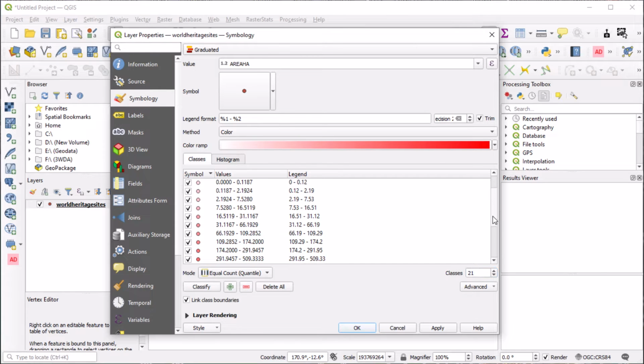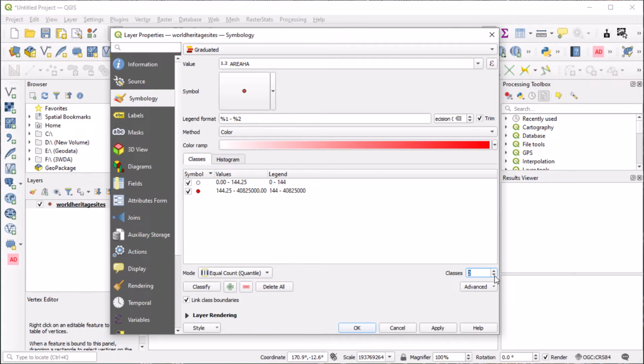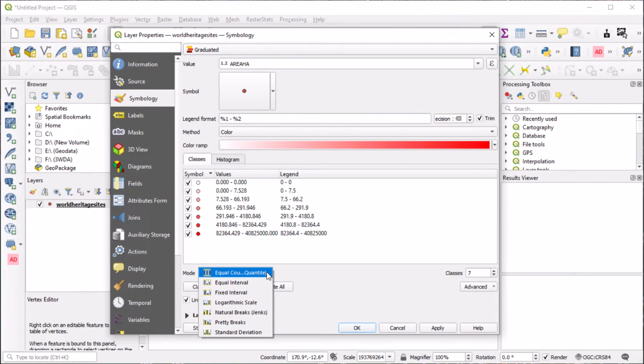There are no rules, but the more classes you have, the harder it will be to tell apart them from one another, and that may result in a low legibility map. Too few classes can oversimplify the map and hide important data trends. So, experiment with 4 to 8 classes. Use an odd number of classes if you wish to highlight the mean or average class as well as two extremes. There are 6 classification methods available.